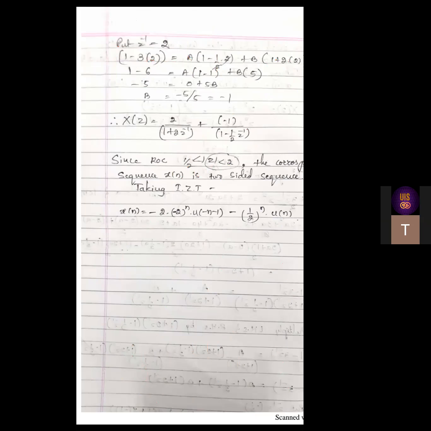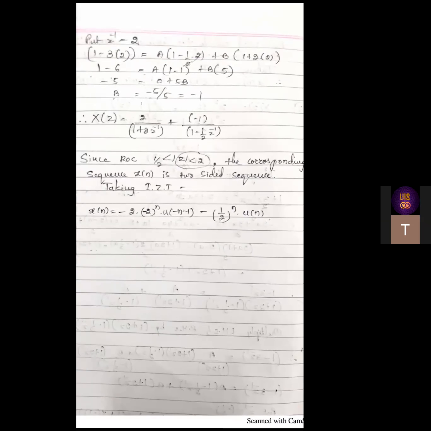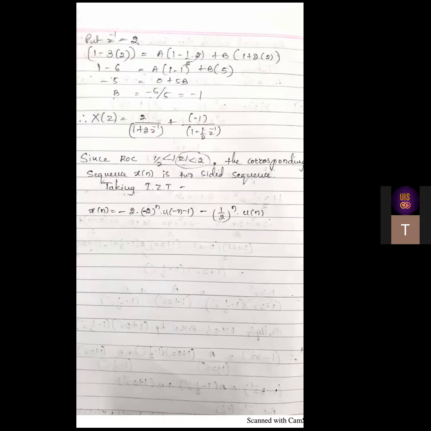So I hope with this, just check it, x of n will become this, positive side because of this greater, and negative side because of lesser. So this is how we go for partial fractions and finding the input sequence x of n. I hope you have understood today's class. Some 3 to 4 problems we have solved today, a variety of problems wherein in the first case we applied the long division method.